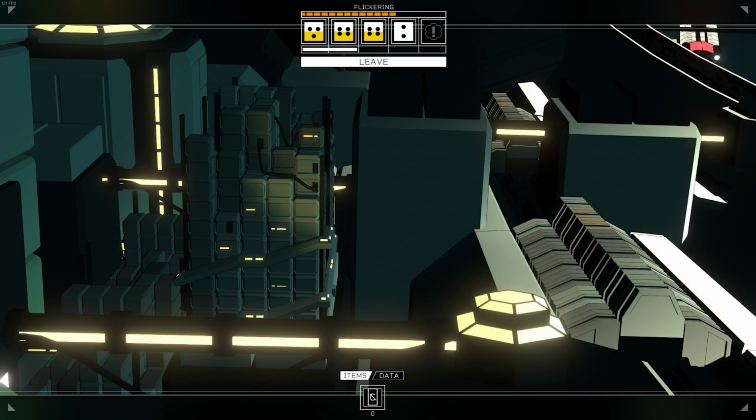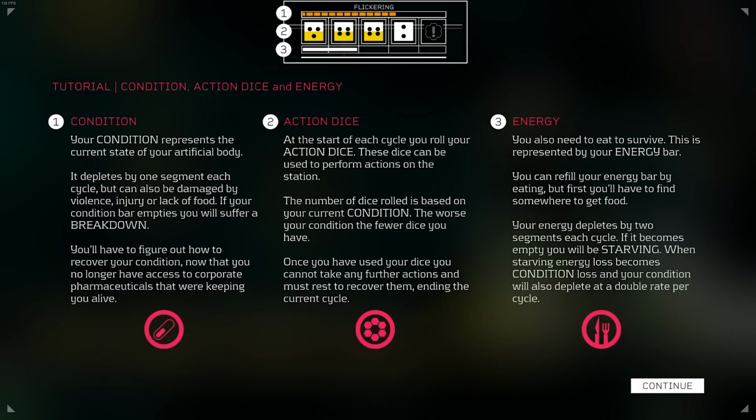As you go through these different things, you'll have these cycle bars that represent where next bits of progression are going to take place in that area. So you'll have a region that you're at that lets you